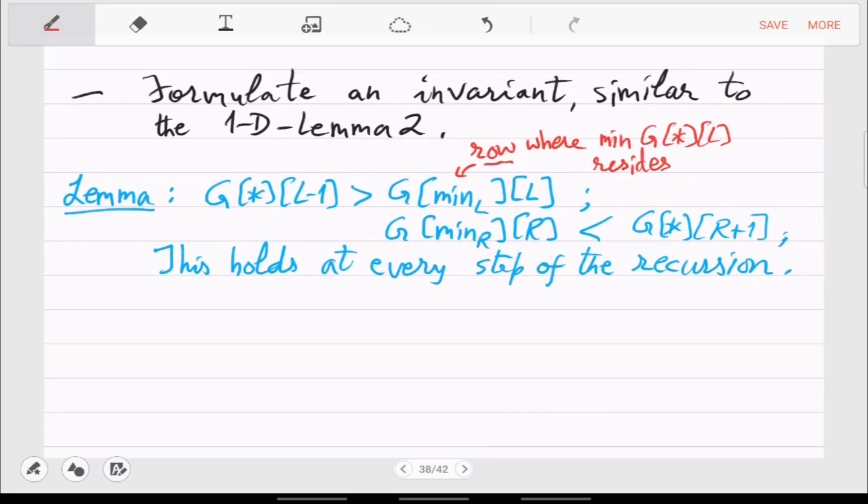Actually the R plus 1 has become the boundary now. So this is the left boundary.